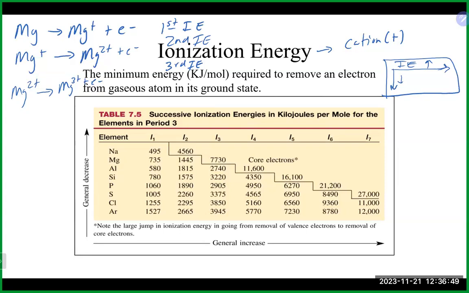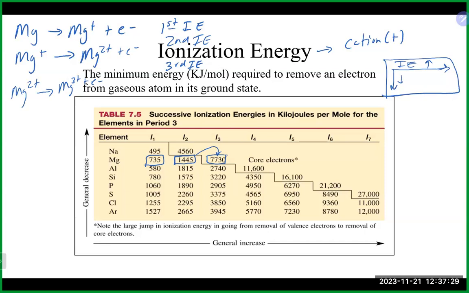The other pattern that we see is as you go from the first ionization energy to the second to the third and so forth, you will see the energy increase continuously, because it gets harder and harder to remove those electrons. That's also why when we look at something like magnesium, to remove that first electron it's like 735 kilojoules, and it almost doubles to remove that second electron. And by the time we get to that third electron, that is almost a 7-fold increase in energy. And that usually doesn't happen for something like magnesium, because by the time we get to the third electron,